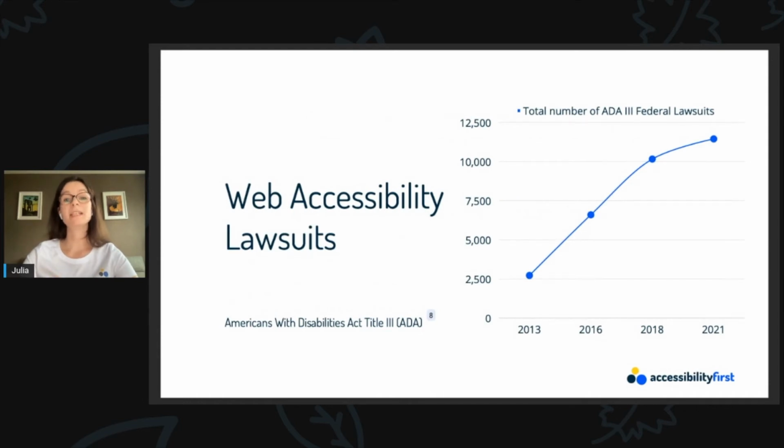Accessibility is also a legal issue. Creating accessible websites helps protect against potential legal problems and is sometimes mandatory when it comes to the public sector. In the United States, the Americans with Disabilities Act says that website accessibility lawsuits have increased since 2018, particularly in New York, Florida, and California, as you can see in the graph.